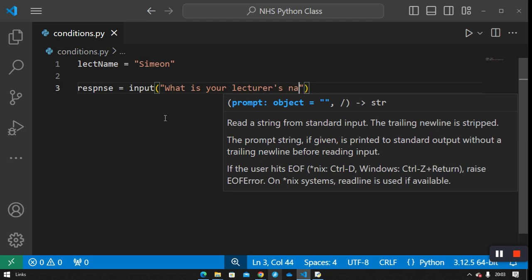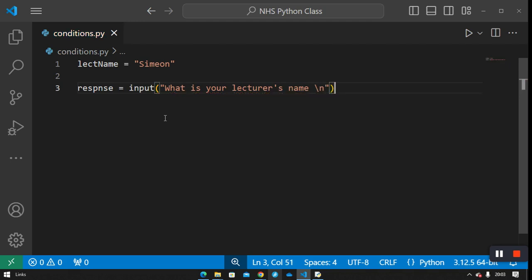You can do a receive in the next line. Then it comes and says what is your lecturer's name. Then the person enters. Then you know, is saying that if